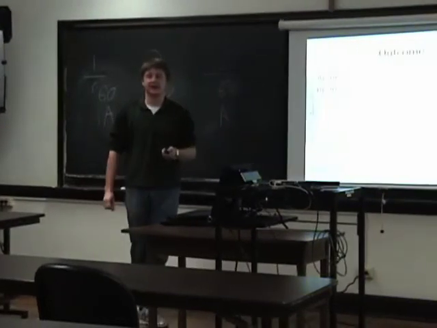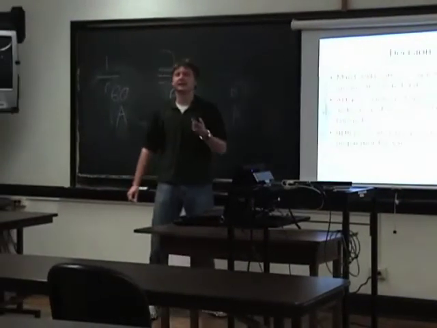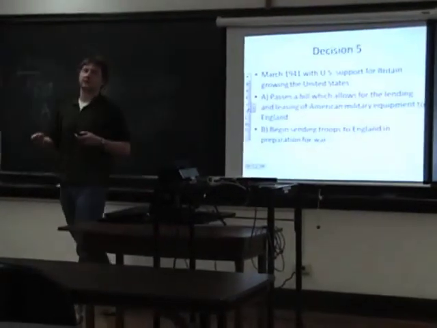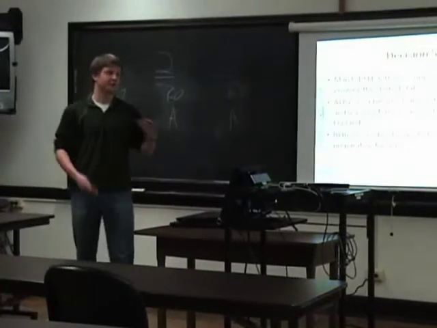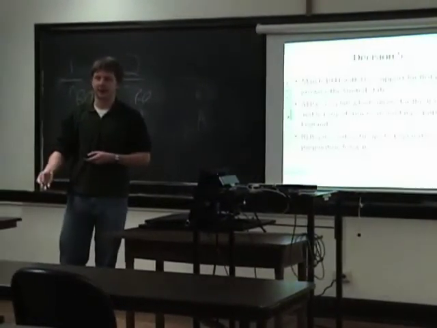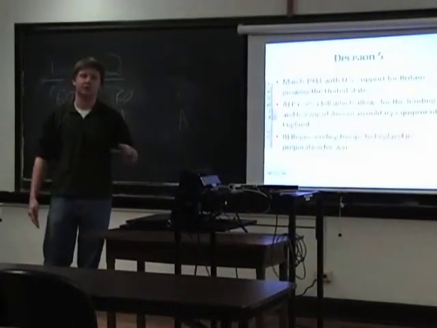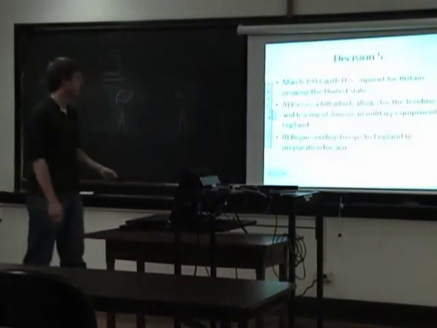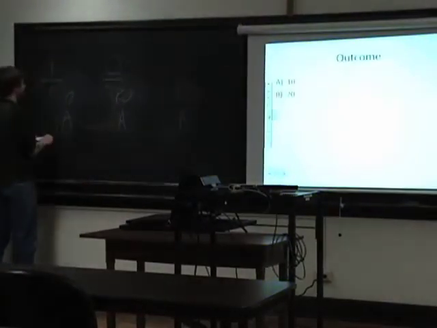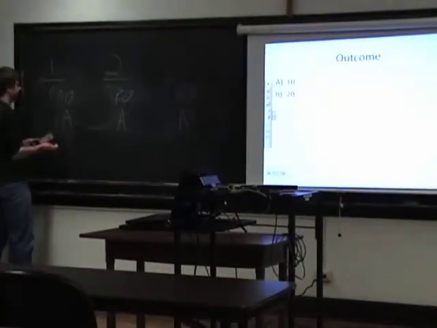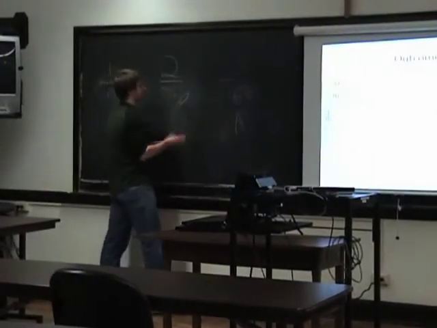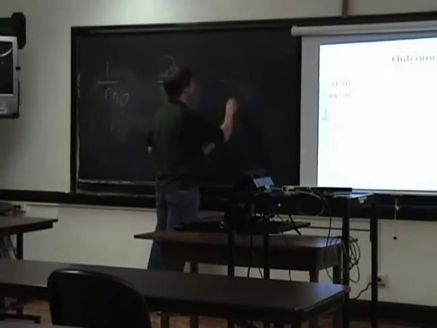Very good, guys, it is A. Sorry, I kind of hinted this earlier. This is the Lend-Lease bill, where FDR described it as if your friend's house is on fire, you don't say, oh, hey, you can buy my hose to use it. You lend it to them and you worry about paying later. So that was the Lend-Lease Act. So we only lose 10 each, which is very good. So we're at 50, 50, and 55. So we're doing pretty well here.